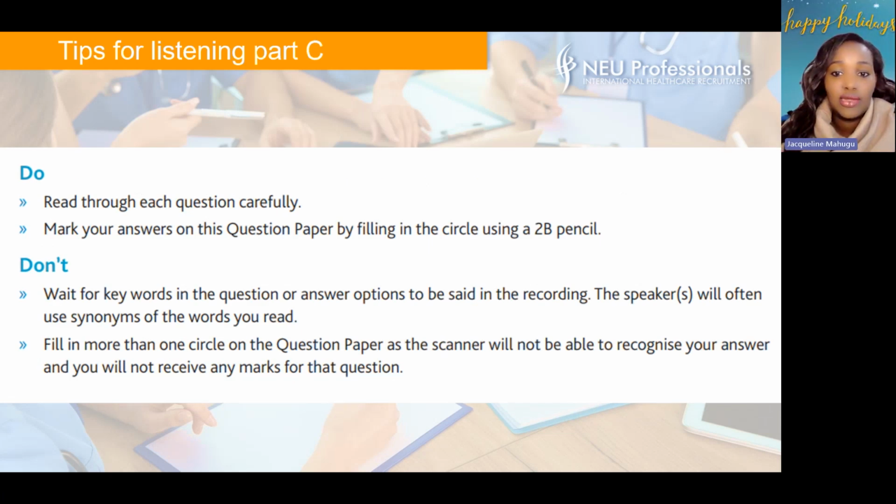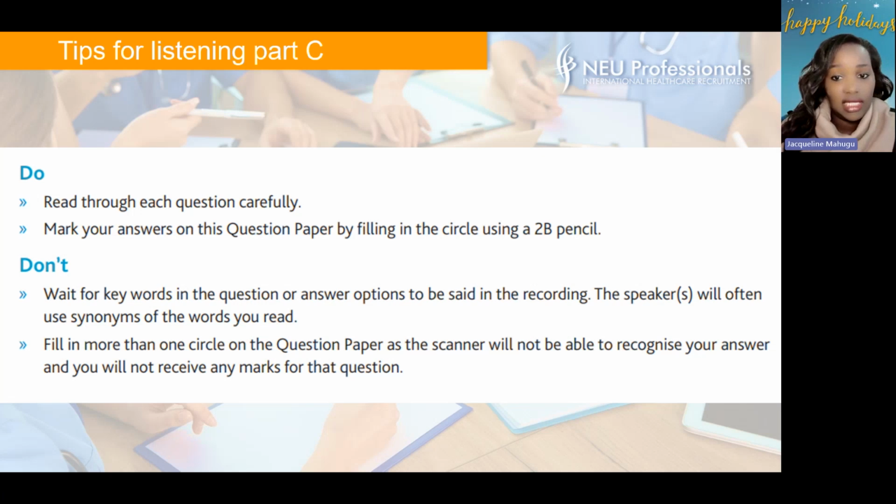Remember that in part C, you listen to 2 recordings of a presentation or an interview. So it can be a presentation and an interview, or 2 presentations or 2 interviews. And they are both on a health-related issue. So you will answer 6 multiple choice questions for each recording while you listen. And that part of the test usually lasts